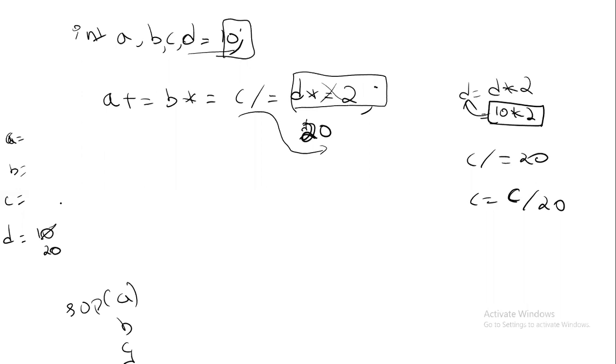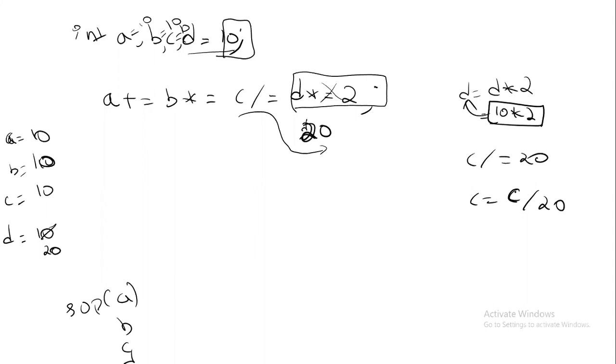To overcome the compile time error, I will initialize all the A value, B value, C value, D value with 10. Let me initialize everything with 10 only. Later, in the future classes, I will tell why it is an error, what's the difference between C and Java, and what's the problem in initialization. But right now, imagine that for all the values I have given 10.